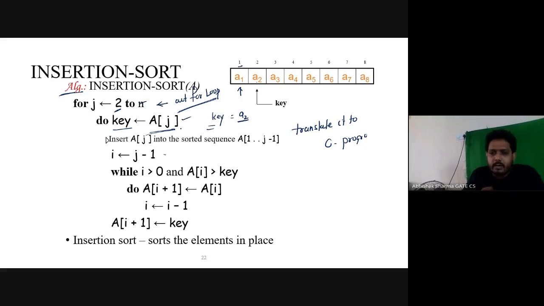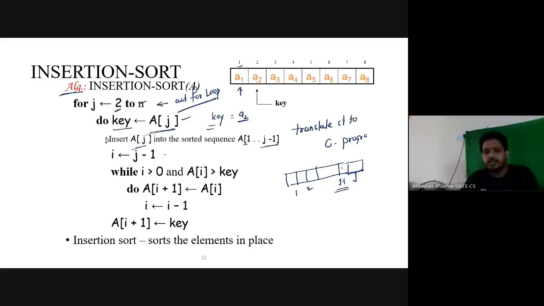Now we are going to insert A of j into a sorted sequence 1 to j minus 1. Why are we saying this? If the jth index is the element we have taken, insertion sort believes that the sequence 1, 2, up to j minus 1 is already sorted.